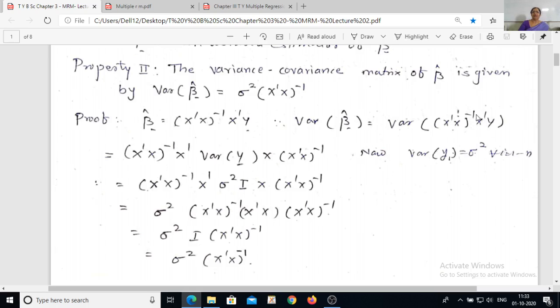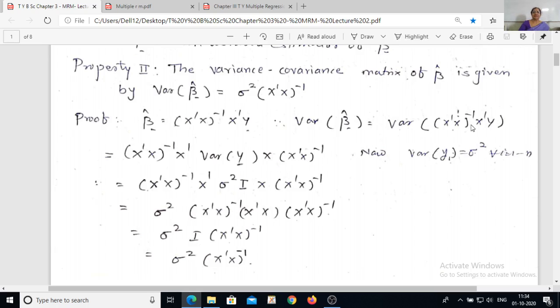Take (X prime X) inverse X prime as it is, then write the variance of y, and since a constant term, when taken outside the variance sign, has to be squared, in matrix notation it should be